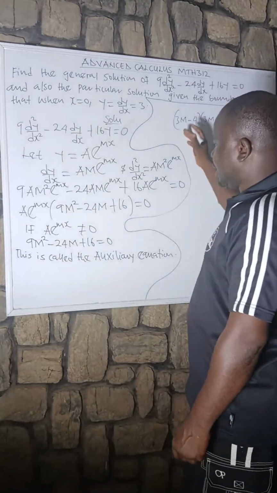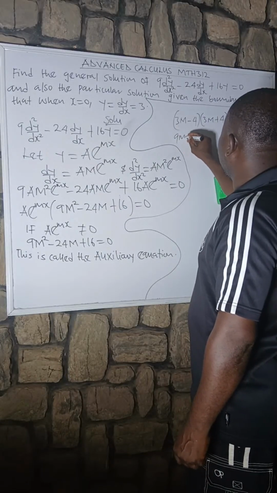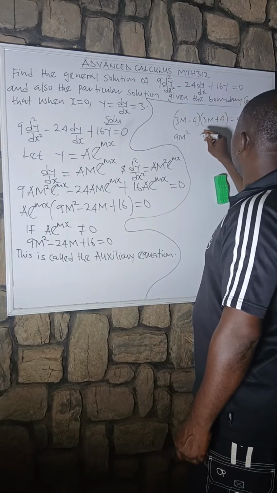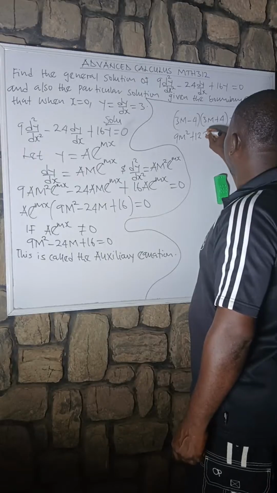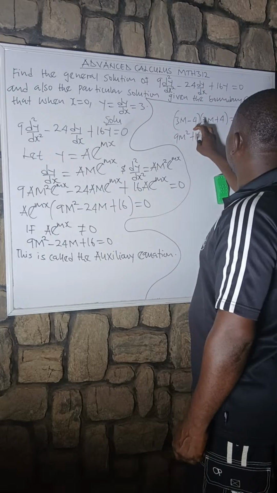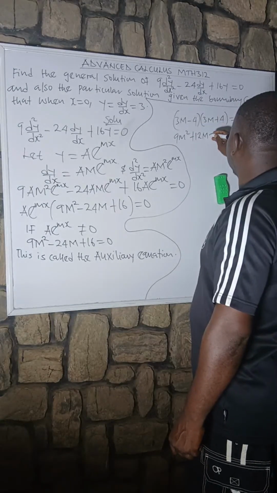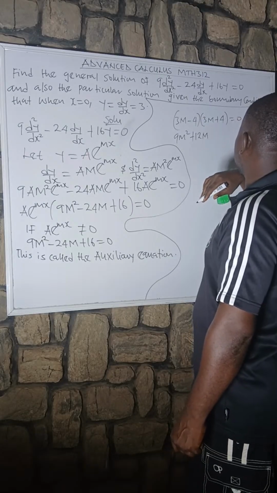How? If you are doubting, let's multiply 3m times 3m. We have 9m squared. 3m times plus 4, we are going to have plus 12m. Then minus 3m, and minus 4 times 3m, we are going to have